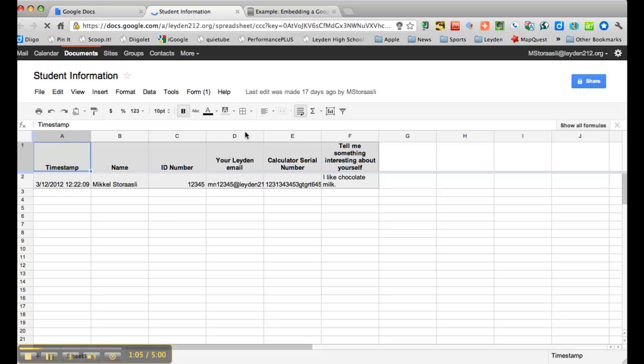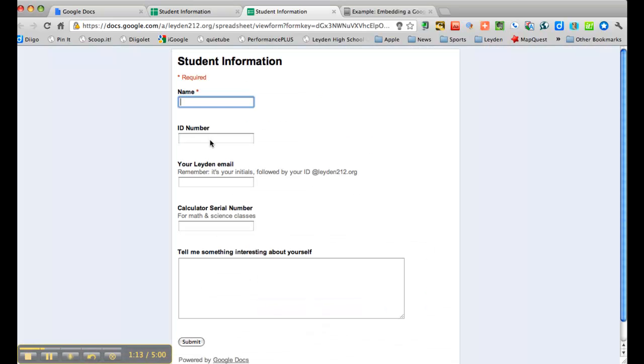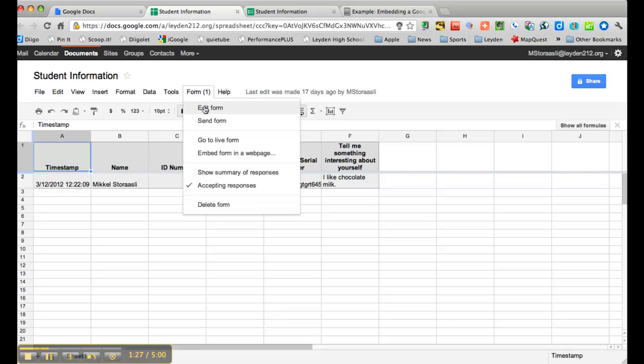But what I want is not the link to this. I actually want that form. And I'll go to the live form. You don't really need this for the embedding, but I just want to show it to you as some background knowledge. That's what the student would see if you gave them the link. And again, you could post this link. They could click on it and go to the form. Or if I go to edit the form,